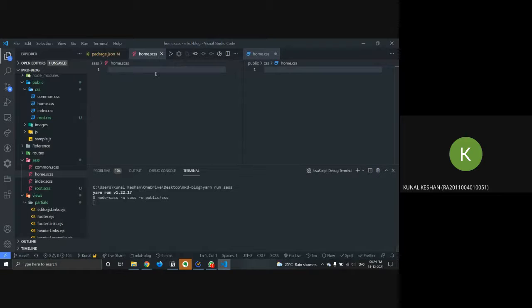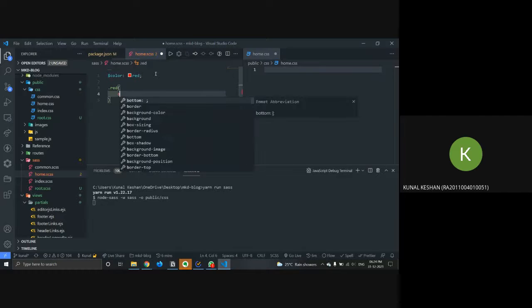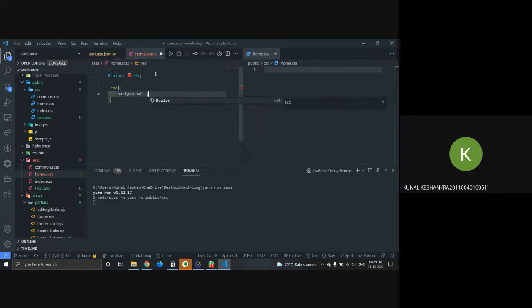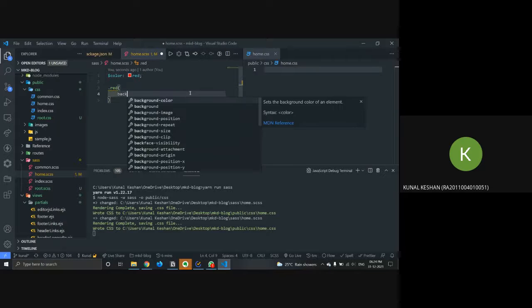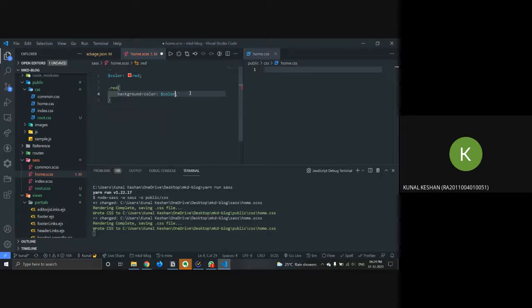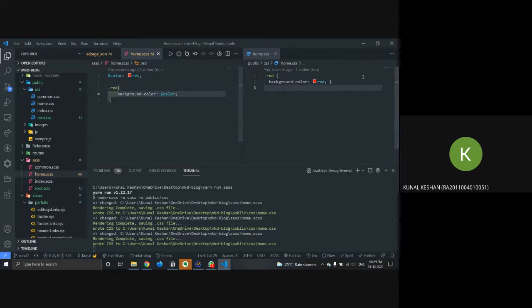All right. So now see how do I use variables in here? You have to initialize a variable: you put a dollar sign and the variable name, and then whatever you want after that. So again, a class of dot red, and it has a background of dollar color. And I'll save this to home.css. Overwrite. Okay, just a second. Color, dollar, color. Yep. So you can see when I saved it, it automatically compiled it, and I got this output over here.